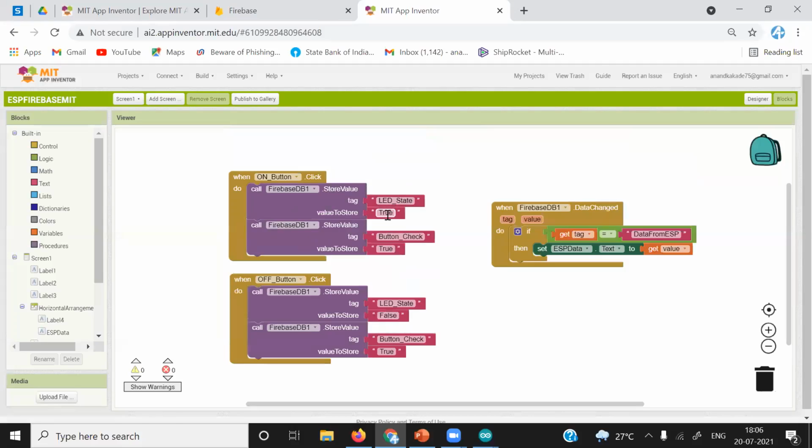LED on state is true and LED off state was false. Also, we were sending this button check command, and I told you that today we are going to talk about this button check. What is the purpose of this button check? And we have put the true in both blocks of code. So, what is the reason behind it? Okay, we will understand that also.